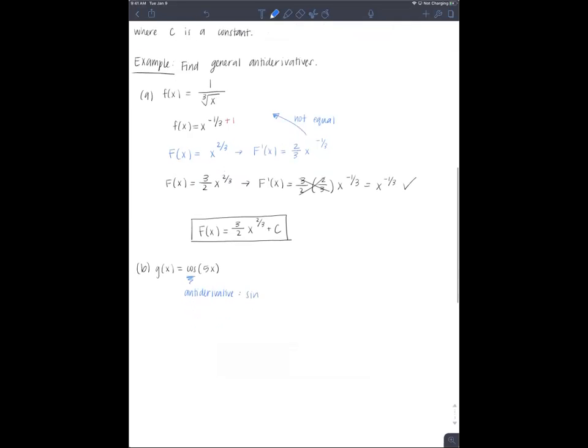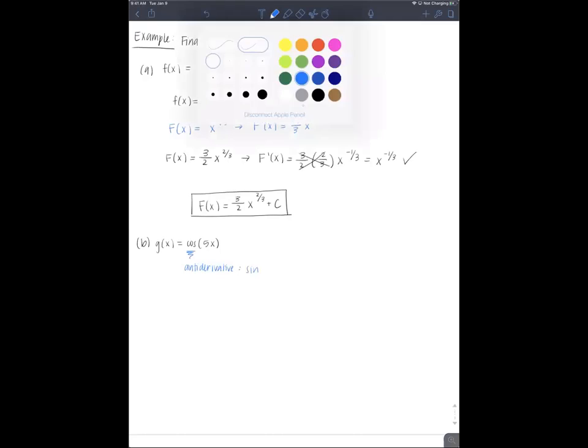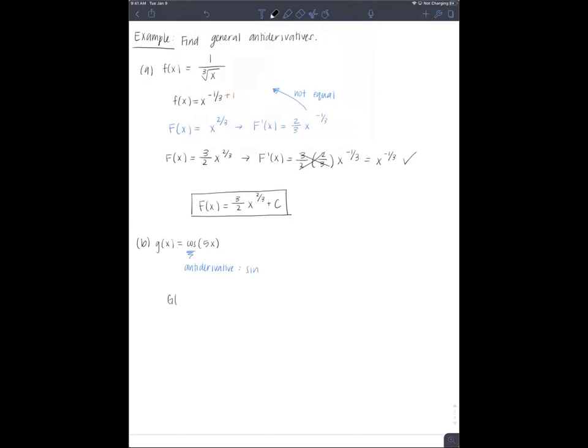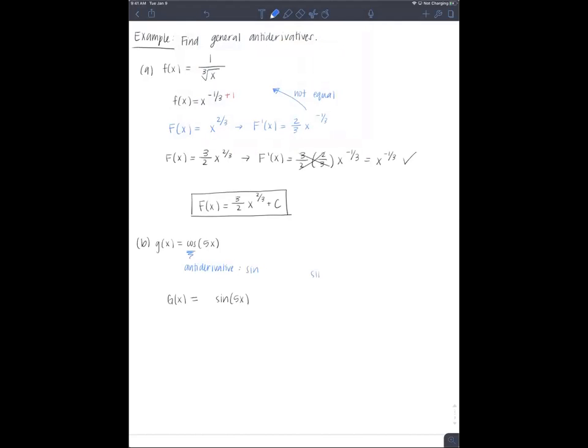Okay, thank you, Jennifer. But so yeah, here, I know in my capital G of x function, I'm going to have a sine, and I know it's going to have a 5x inside of it, right? Because when I take the chain rule, I leave the inside alone. So that means if I undo the chain rule, I'm going to leave the inside alone again, right? But if I check it as it is right now, then the derivative of sine of 5x,